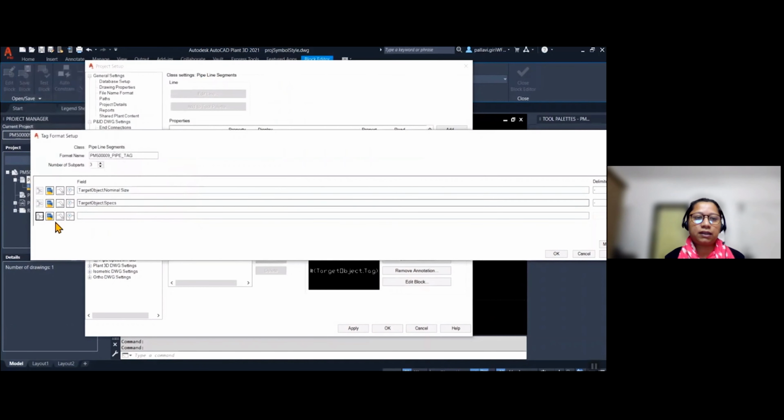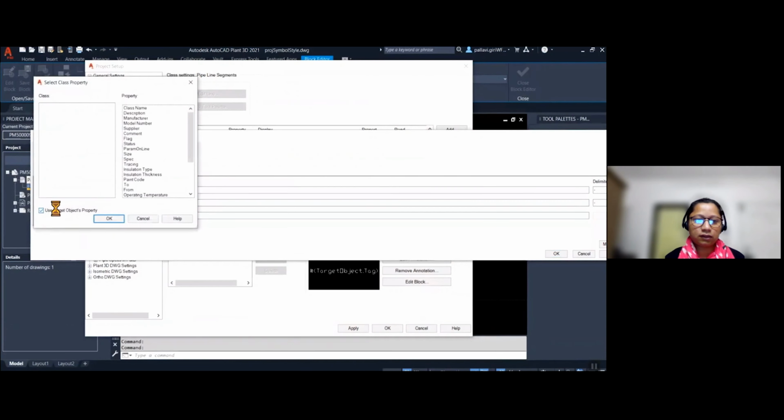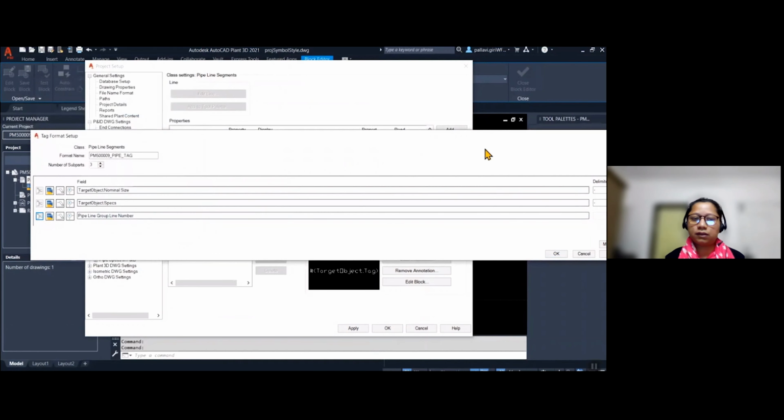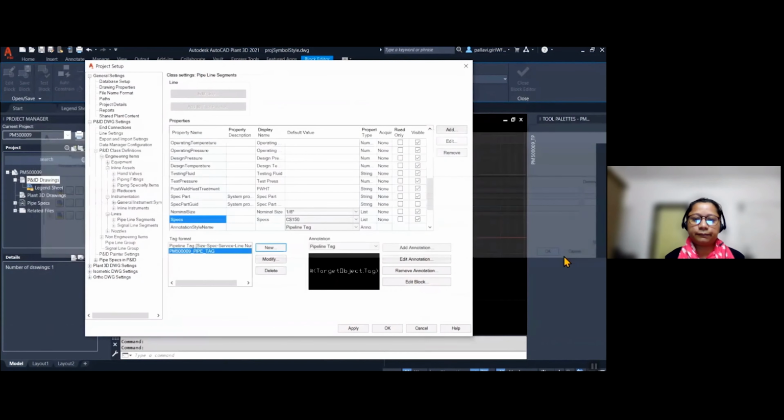So for that, I need to click on the use target objects property. So I need to untick that and go to the pipeline group and then select the line number. Okay. And then click on OK.